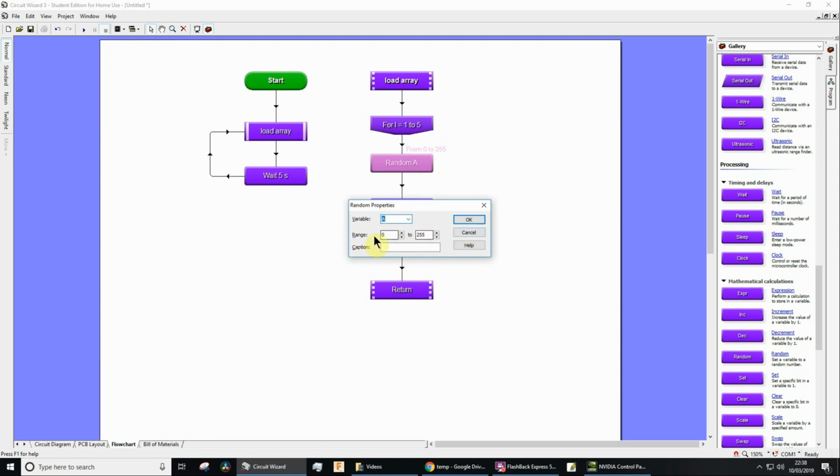Now you can specify what range of values you want, up to 255. So I've just left it on 0 to 255. We can change that in a while. And then whatever value has been assigned to the variable a is then going to be put into an array